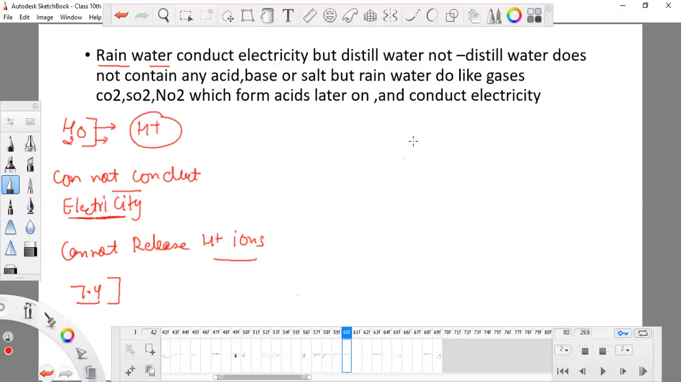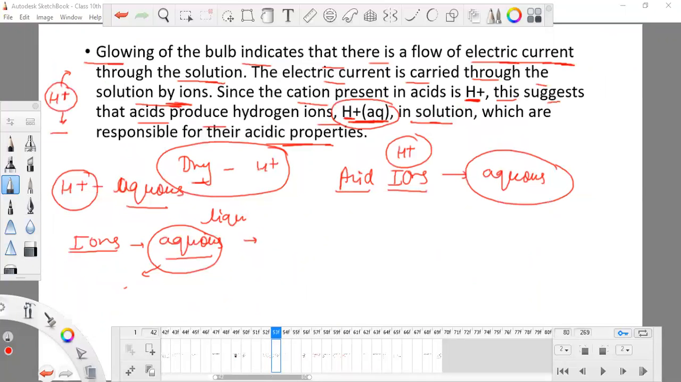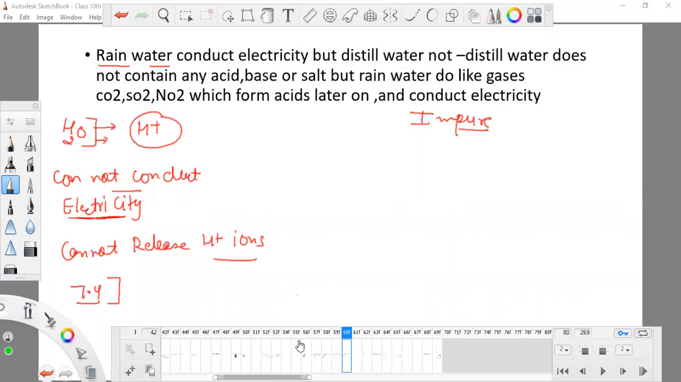But the water which is impure contains minerals and chemicals. That's why it can conduct electricity, because what we studied is that electricity conducts only when there is presence of ions. And in pure water there is no ion, it will never break down,